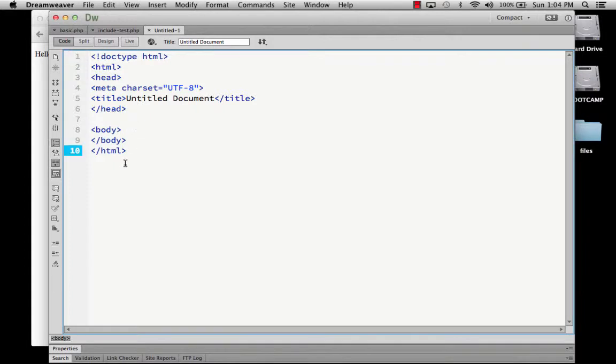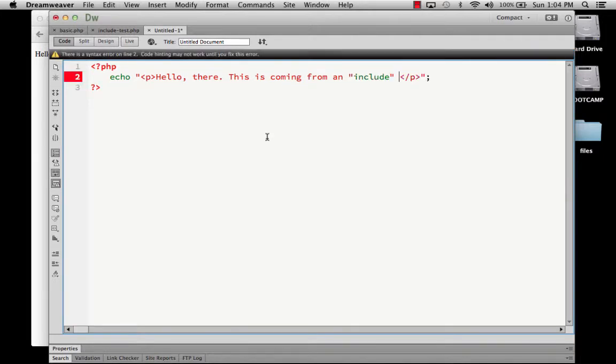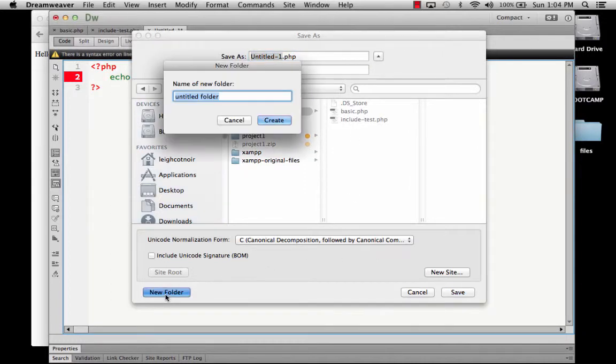And then what I'm going to do is I'm going to get rid of all of this, the doc type and everything. I don't need that, okay? What I'm going to do is I'm going to paste that PHP block that I had before that says echo hello there. And beyond that, I'm going to say, this is coming from an include file. Okay. All right, I'm going to save this. I'm not just going to save it in dev. I'm going to actually make a new folder that's called includes,